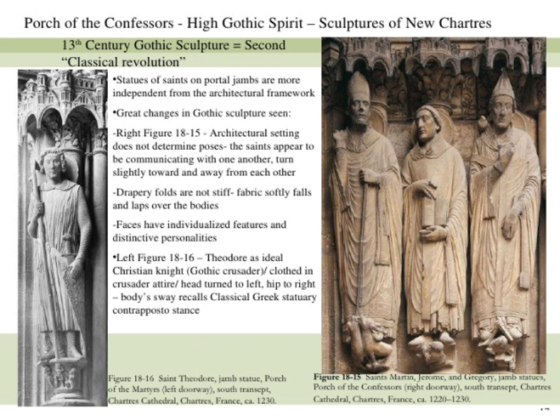The figure at the left is Theodore, and he's an ideal Christian knight. He is a late Gothic sculpture, and we'll see more of those. But for now, know that in High Gothic, the sculptural jamb figures change from being part of the door to an actual sculpture that stands on a pedestal and has more individualization. It's less elongated and tends to feel more natural than what we've been seeing.